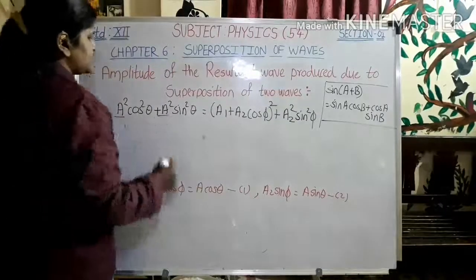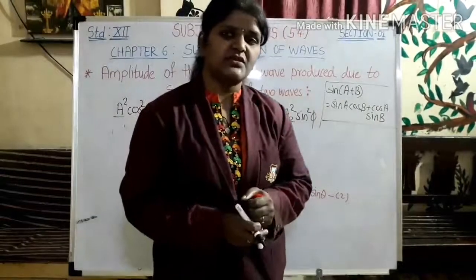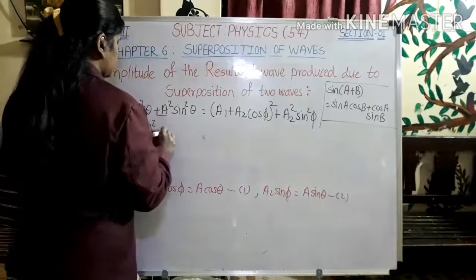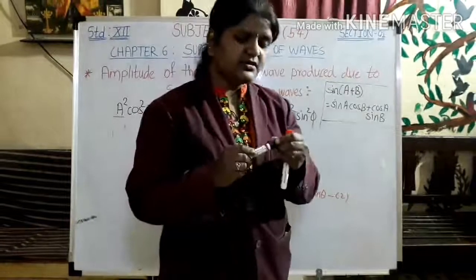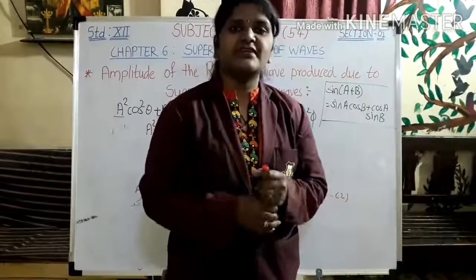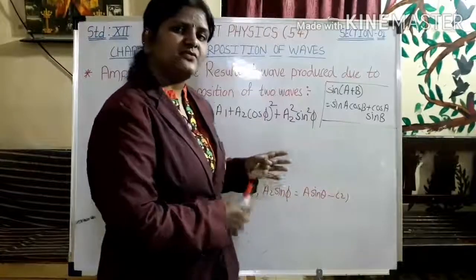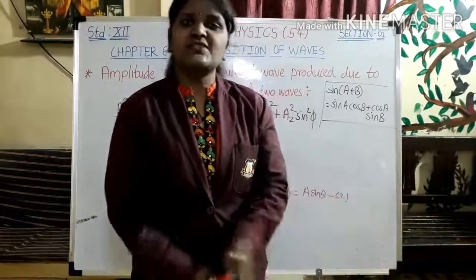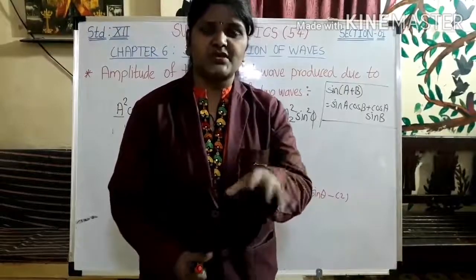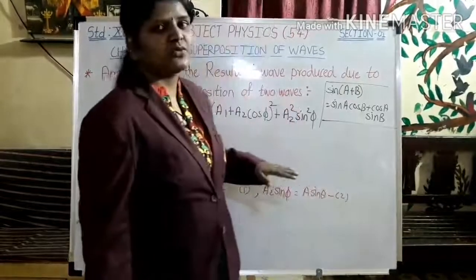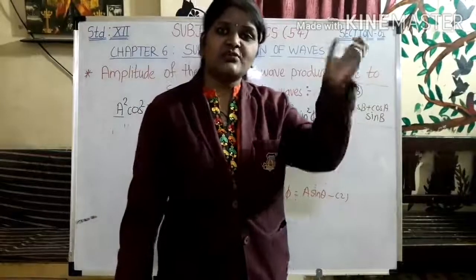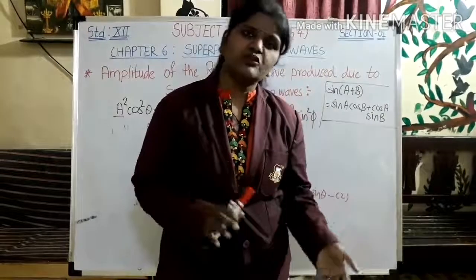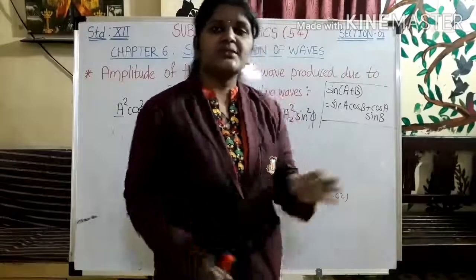By taking a square common, what will cos square theta plus sin square theta be? It will be 1. So here we are getting only a square. If you remember, I have completed the wave optics chapter in which we have already done this kind of derivation, which was the composition, right? Even in oscillations we have done the composition of two SHMs, in which we carried out the same procedure. We even found the resultant amplitude as R over there. Then we found phi. So you can compare both of them and do it in the same way. The same procedure is applied over here.